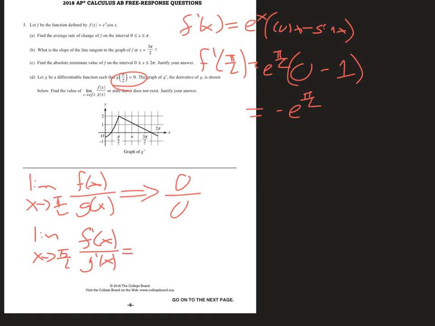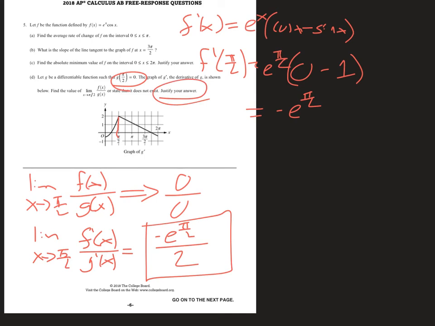So that's f prime of x. Negative e to the pi over 2 over, and g prime of x, or g prime of pi over 2, we can tell from the graph here, is 2. And so that is my answer. They want us to justify. And so there's a couple things that we need to say here. And one is